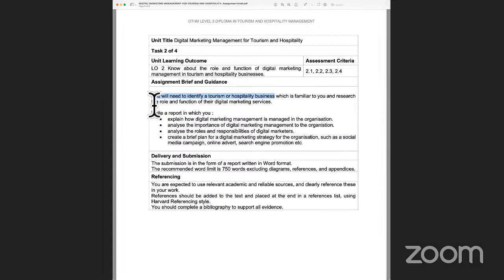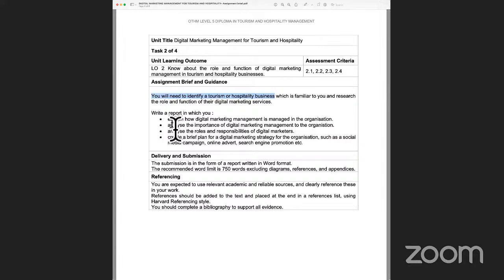I've done a bit of research on their website, because Marriott International as a hotel chain has over 3,500 hotel properties across the globe. They are present in, I think, about 119 countries. They serve about 400 million tourists every year or customers every year. So choose an organization which has lots of data on the website, and that makes it easier for you to get that data to put in your assignment as evidence.